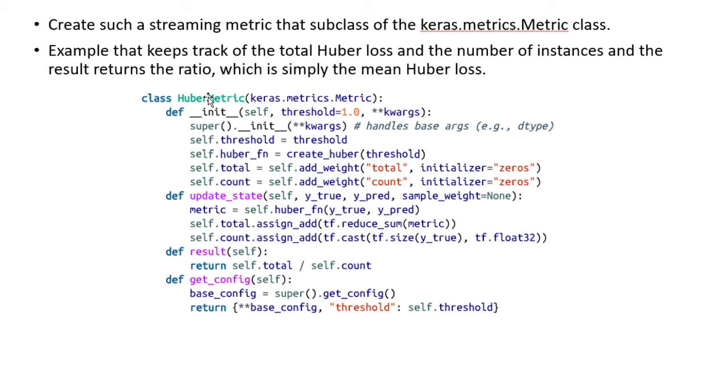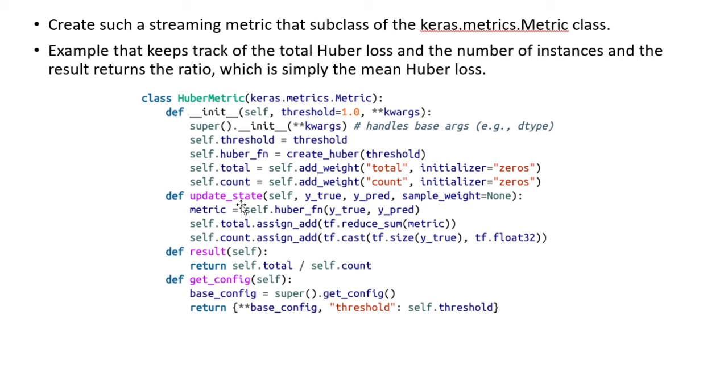With respect to the regression concept, the Uber loss function is used here. We have created a class called UberMetric class, which extends the keras.metrics.Metric class, the main class, and we have defined 4 methods. One is the initialization method, where we initialize the values of the variables.